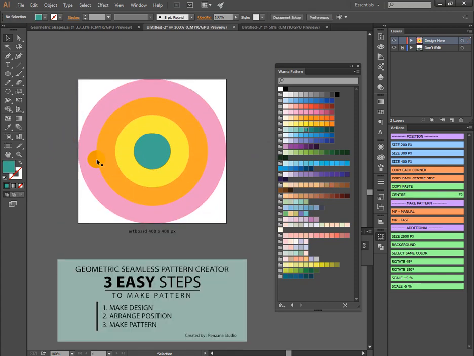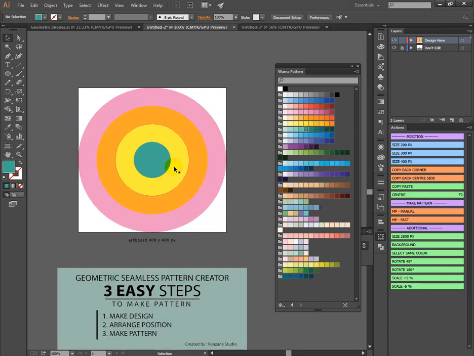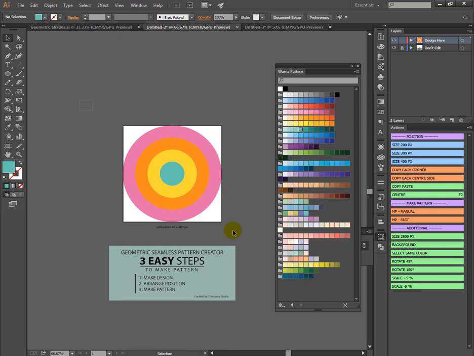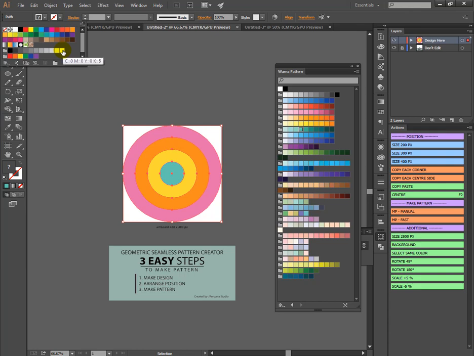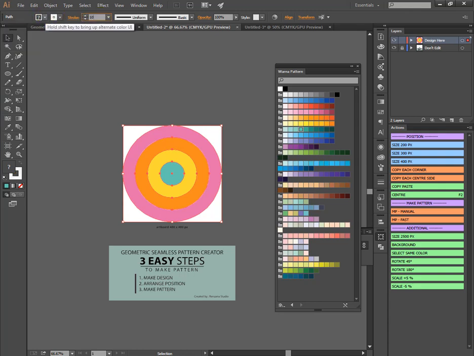Okay, like this, and I want to change the color, I think this one, and I will use stroke white, and the width is 10.